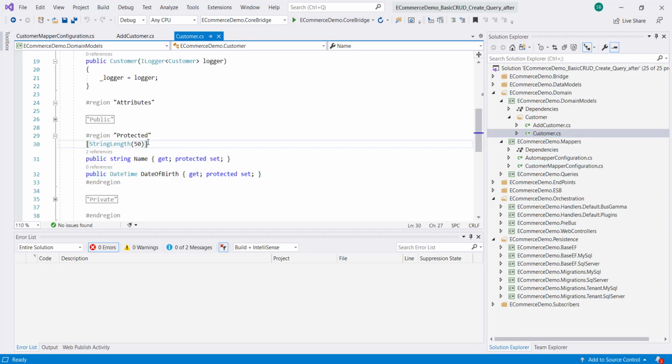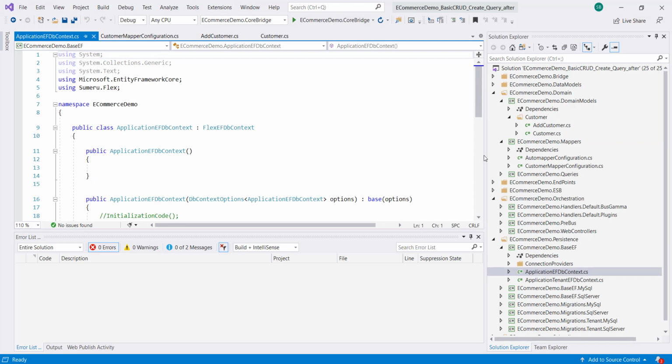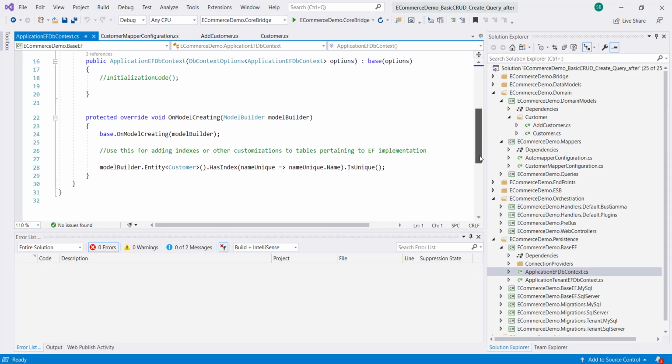I have created the field attributes, whatever length you want to give, you give. Ideally you should give only the basic attributes here. All the other validation related to the model should go into the context, because Entity Framework may create, for example, if your name has to be unique, you can create a unique index for the name using the Fluent API of Entity Framework Core.